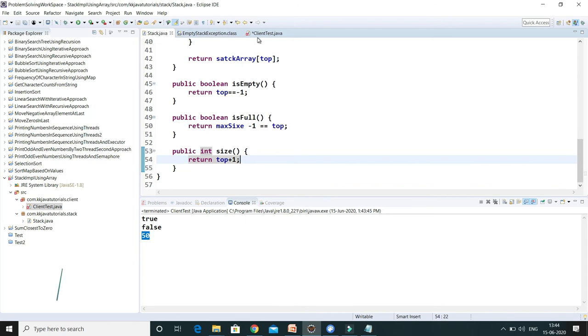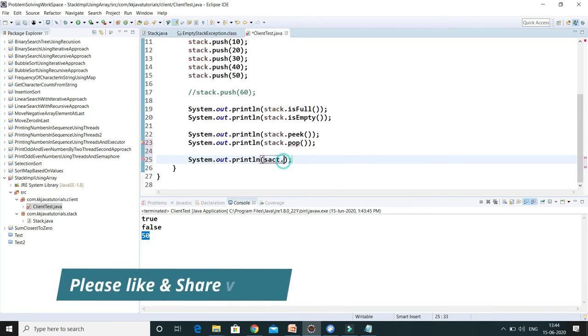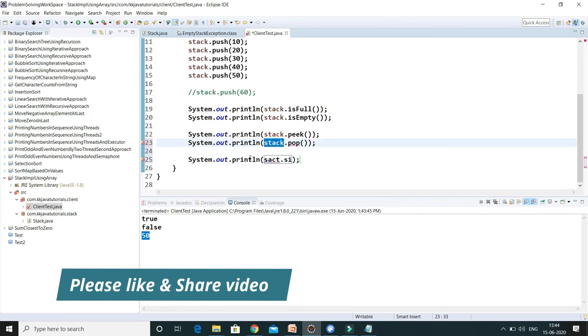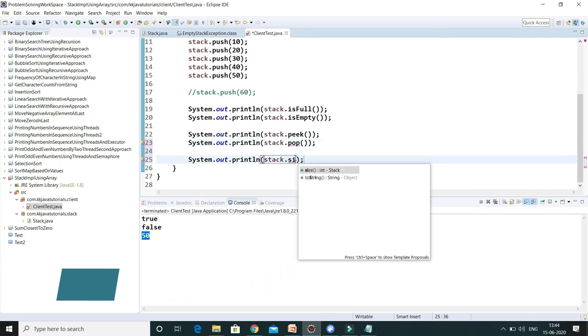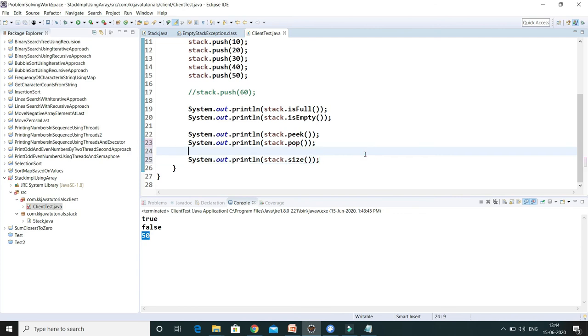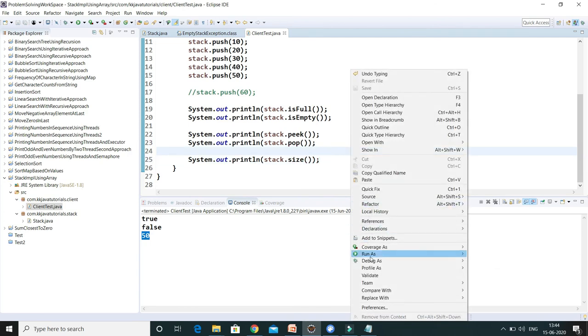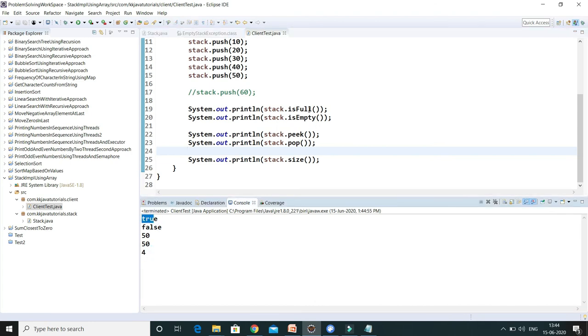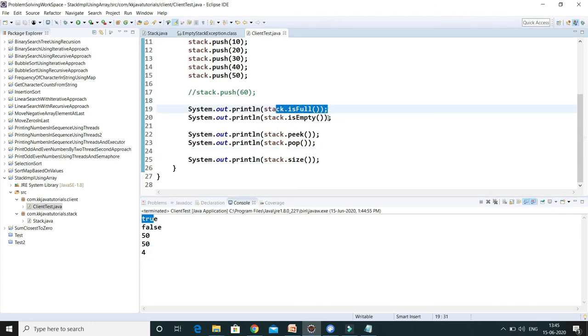I hope so. So if I go here and call stack dot size, sorry guys, size has to print 4. And size is printing 4. So first we call isFull, the stack is full, that's why it returns true.